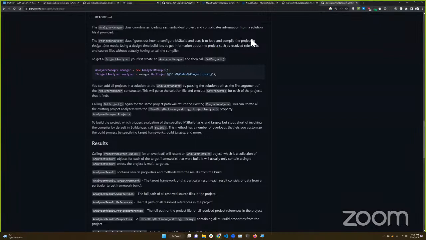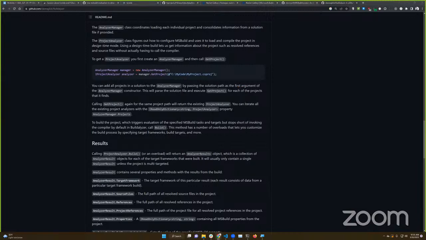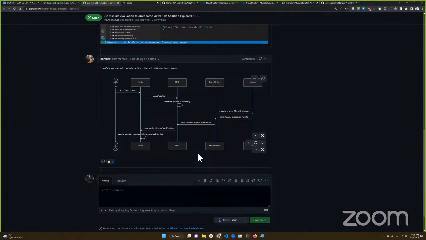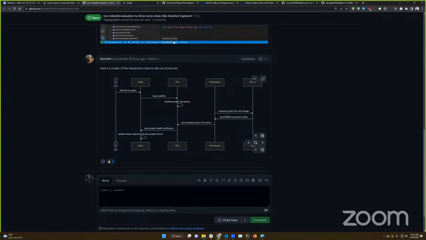Can I have another question related to the FSAutocomplete, about the picture you were showing before, the sequence diagram? It said that FSAutocomplete directly changes the project file here. Can you tell us a little bit more about how?